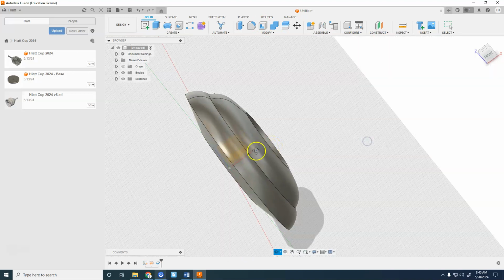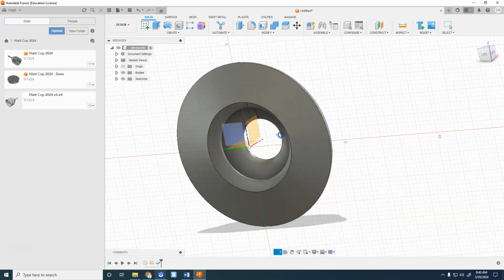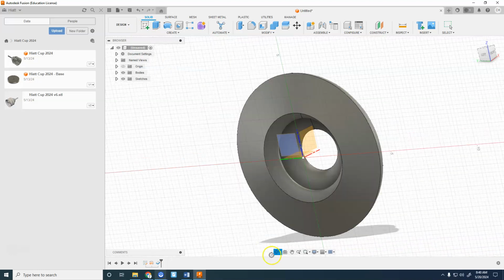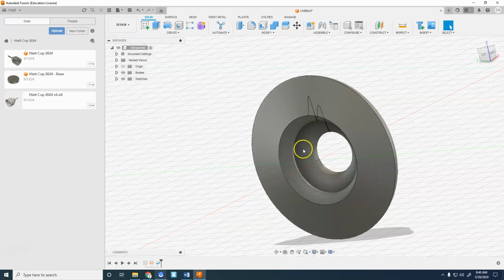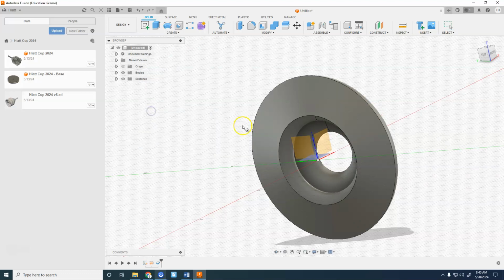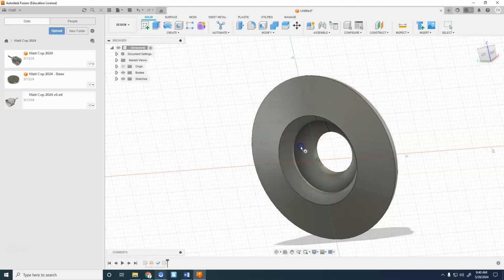This is a weird looking, I think thicken it, mine's not great. You want it in, let's see, alright, create cylinder, you want it in this plane,